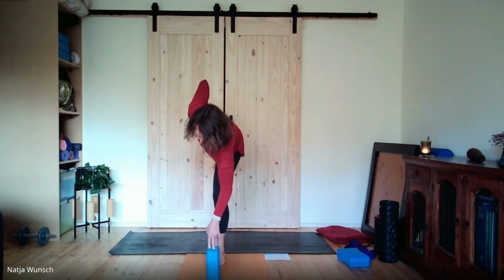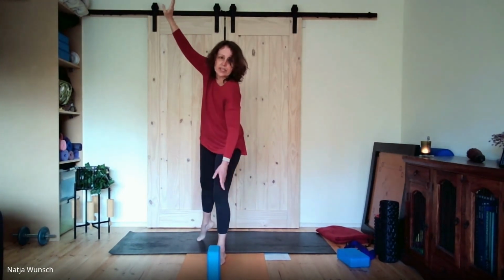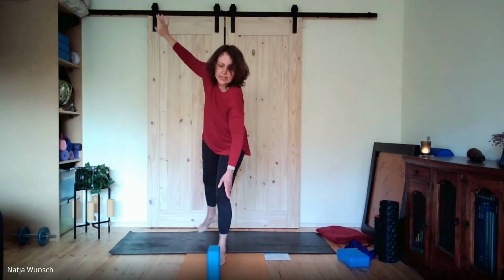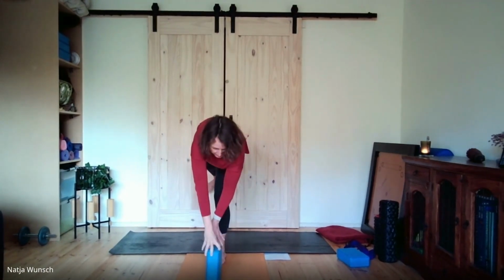Maybe the hips are stacking. Maybe your shoulders are stacking. And perhaps your arm extends towards the ceiling. So these are just the options for Ardha Chandrasana, half moon pose. Keeping the leg in the air, usually active. And as you take the hand from above to touch the block as well,